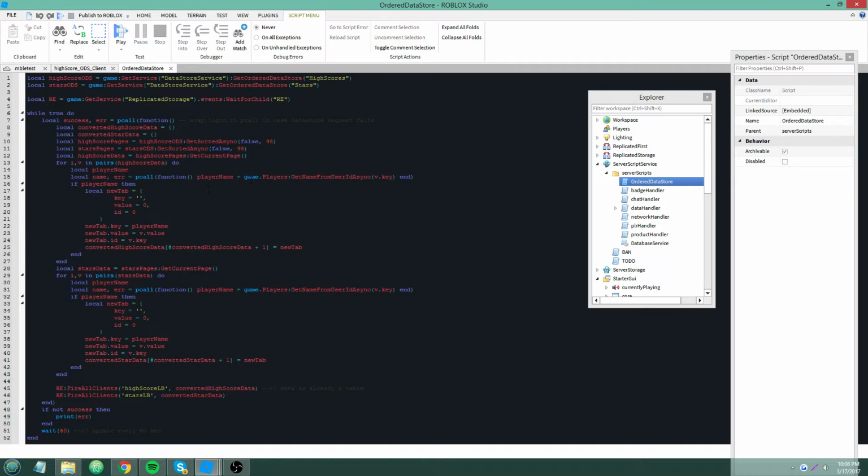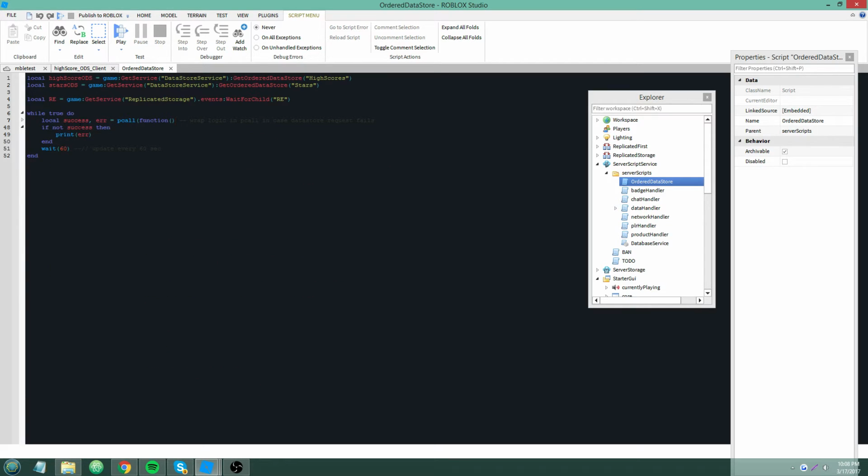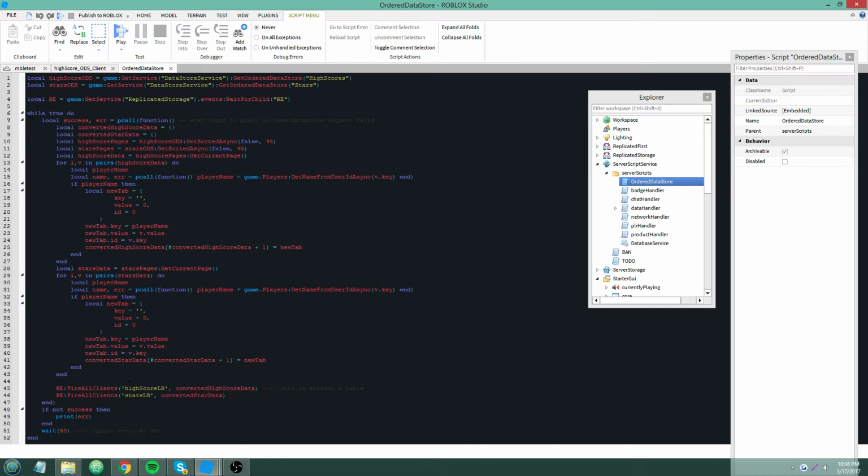Use it for HTTP stuff, stuff like asynchronous stuff, because that usually involves web stuff. Okay, I might just do a separate video on pcall one day, since I'm clearly not explaining it that well here. Anyway, I have all this wrapped in a pcall, all of my order data store stuff. So